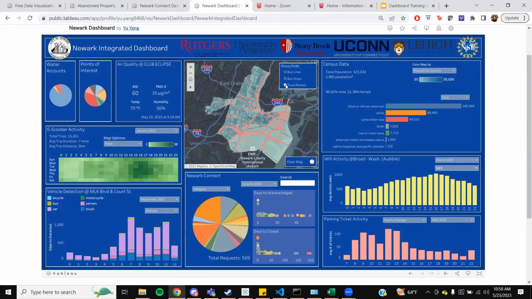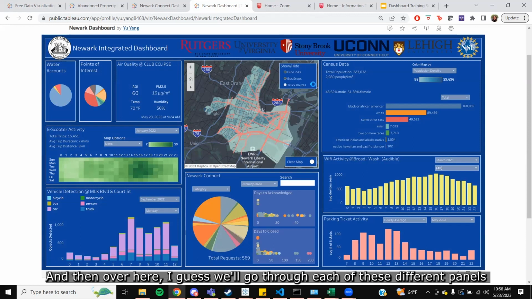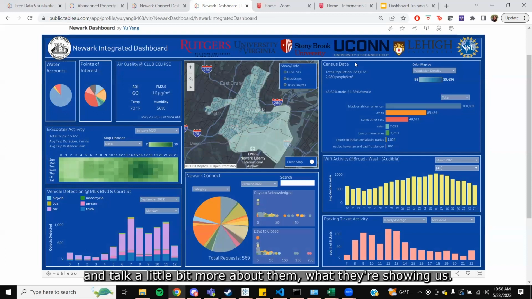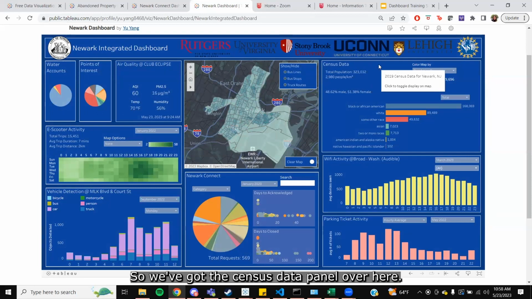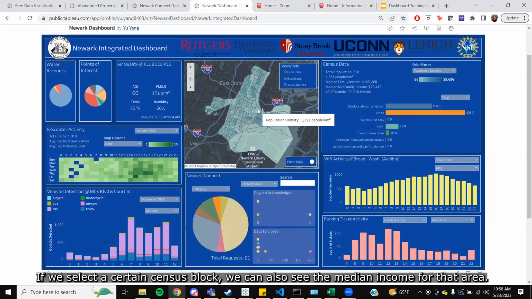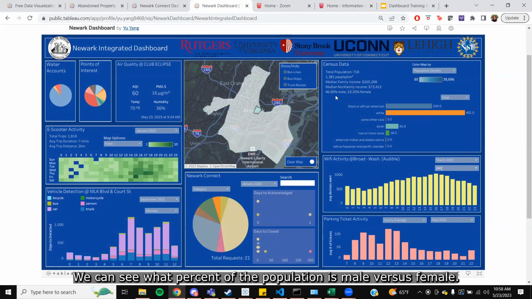Okay. And then over here, I guess I'll go through each of these different panels and talk a little bit more about them and what they're showing us. So we've got the census data panel over here. So this shows us the total population for a selected area, the population density. If we select a certain census block, we can also see the median income for that area. We can see what percent of the population is male versus female. We can see the racial makeup of a certain area